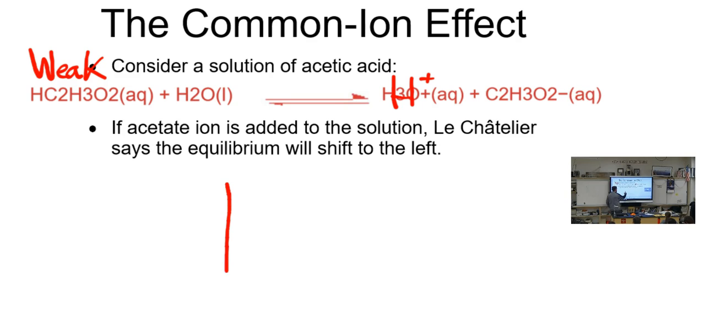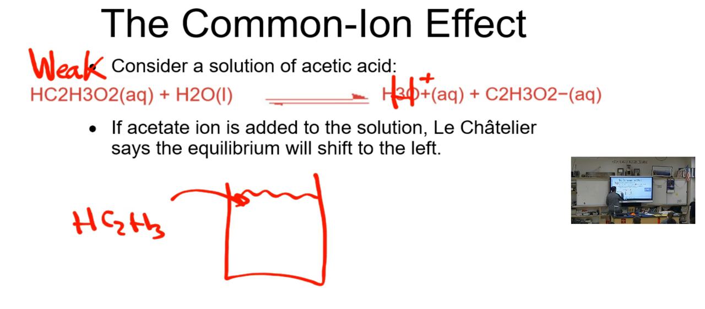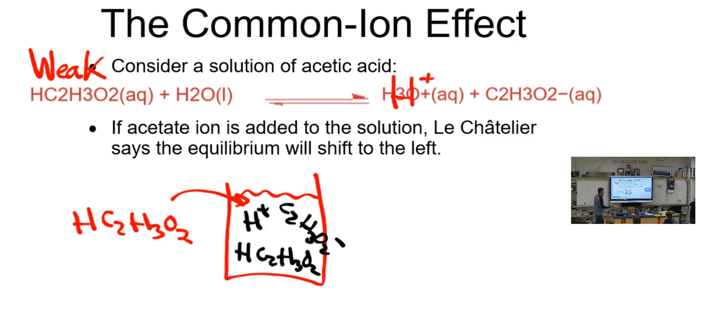So what we have here is a beaker and we have added HC2H3O2, or acetic acid. Most of this will just stay together as HC2H3O2, and that is because it's a weak acid. But some of it will be H plus, and some of it will be C2H3O2 minus. All right. If I come along now and I add sodium acetate,